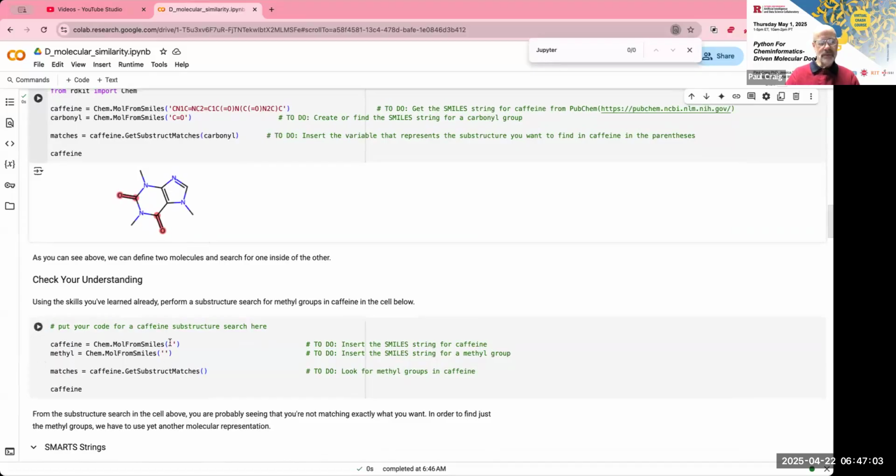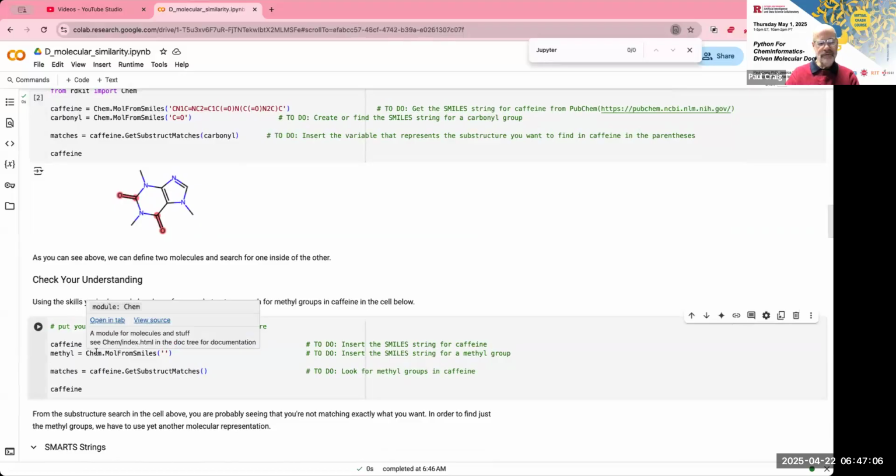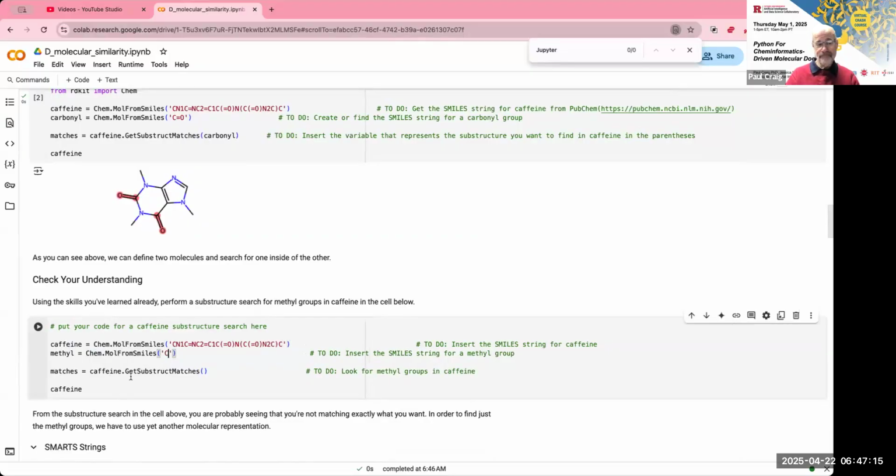So what I'm going to do is I'm going to go in here. I'll put the string for caffeine in again. That's a SMILES string. And for a methyl group, well, the SMILES string for a methyl group, we saw that before. The SMILES string for methane is just a C. All right. And so now we're going to ask it to do a match. Look in caffeine, get a substructure match for the methyl group. So we'll just say methyl here. And methyl's going to draw on the RDKit mol object based on the single carbon. All right. And when I run this cell,